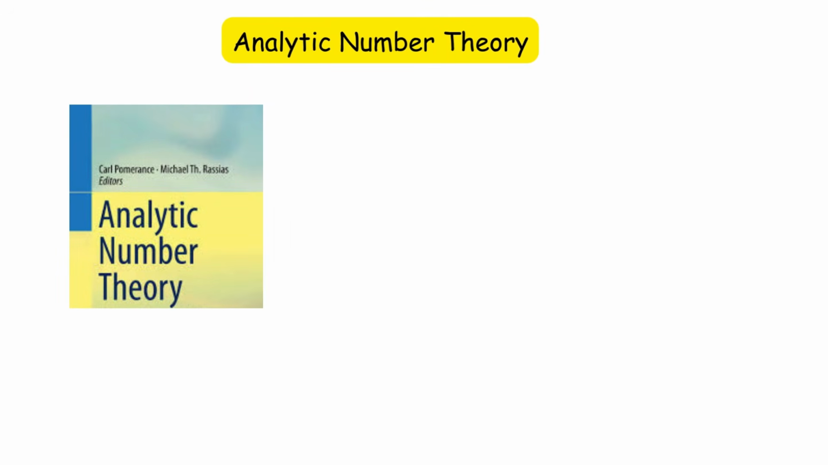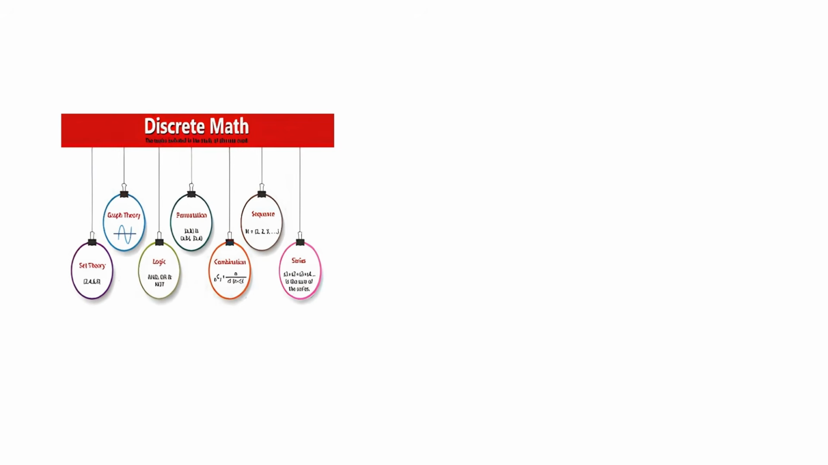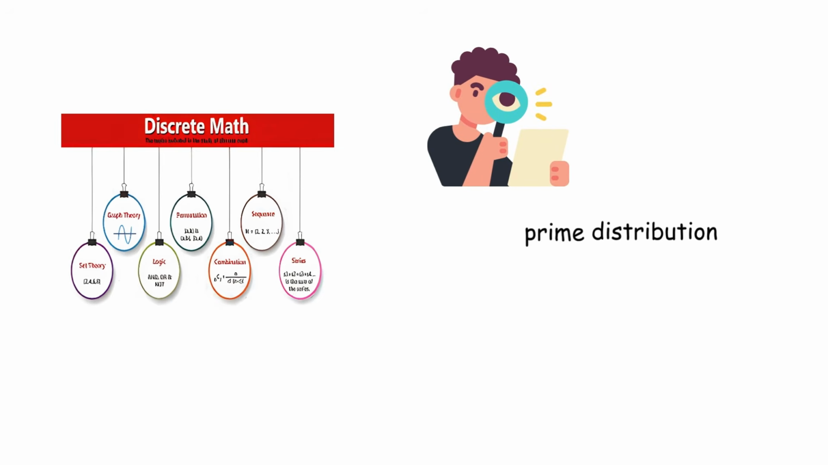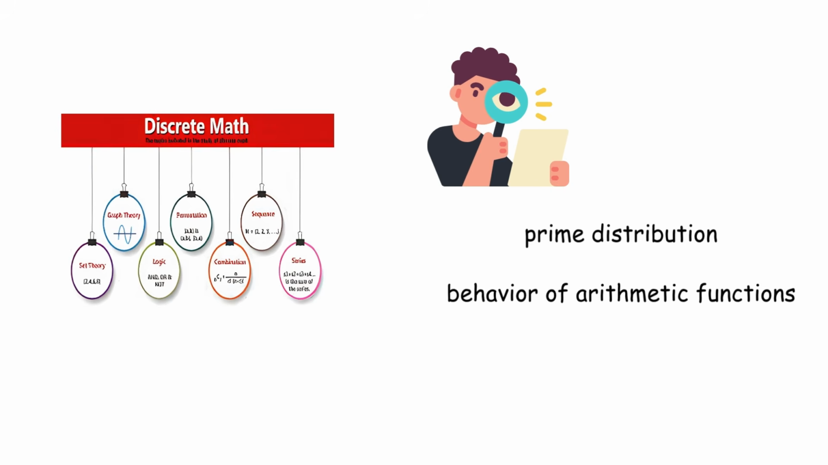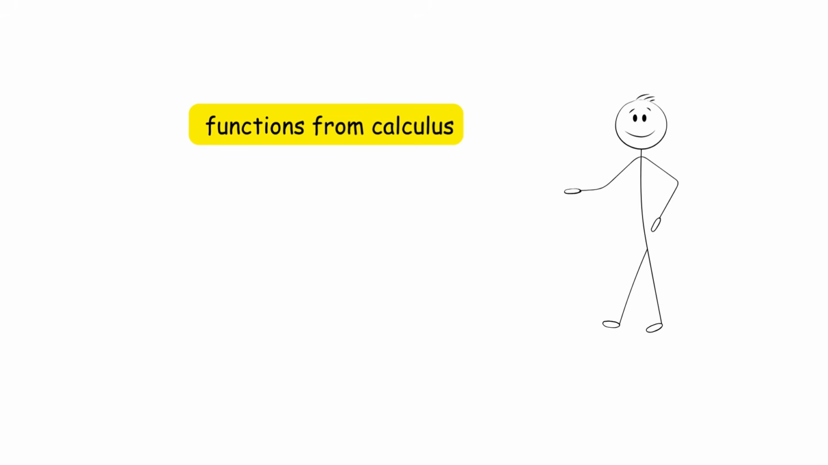Analytic number theory uses continuous mathematical tools to study discrete number-theoretic objects, enabling the analysis of prime distribution and the behavior of arithmetic functions. Unlike elementary number theory, it is not limited to direct integer manipulation. Instead, it introduces functions from calculus such as limits, integrals, and complex analysis, which can assume different values depending on